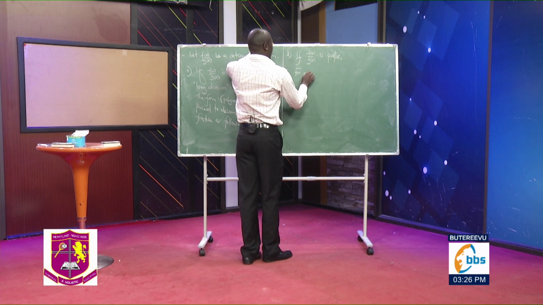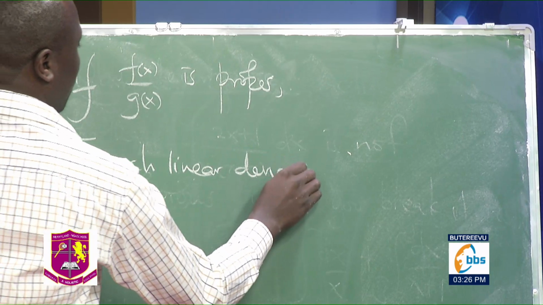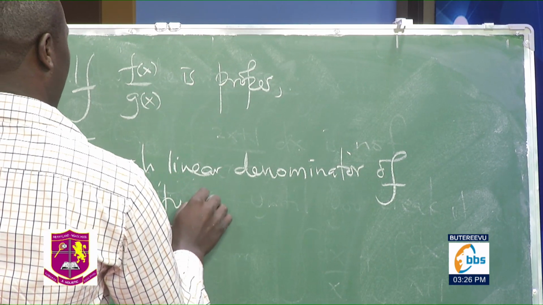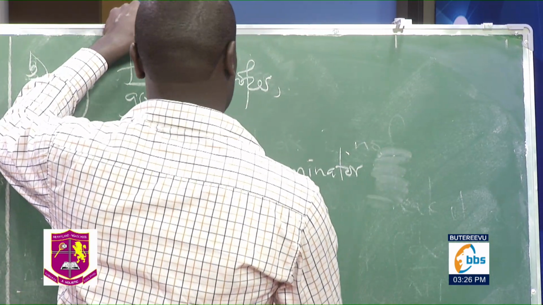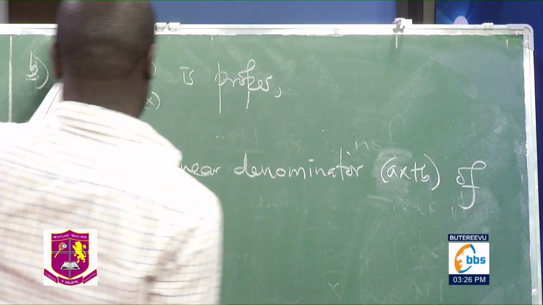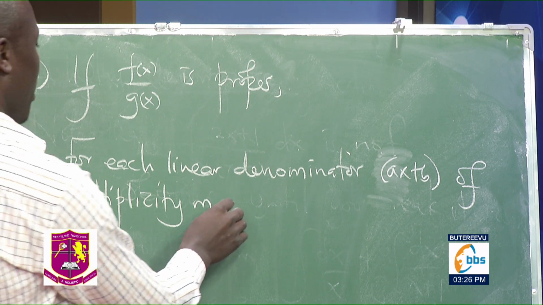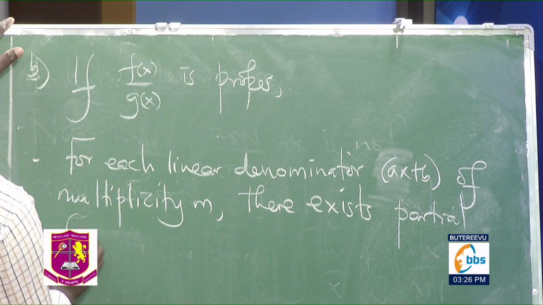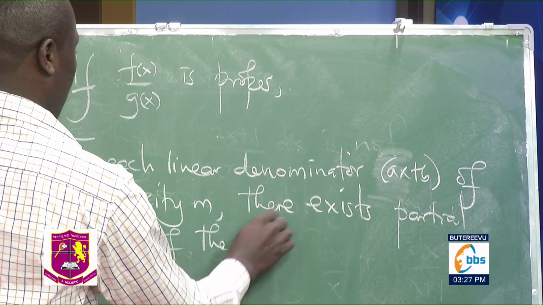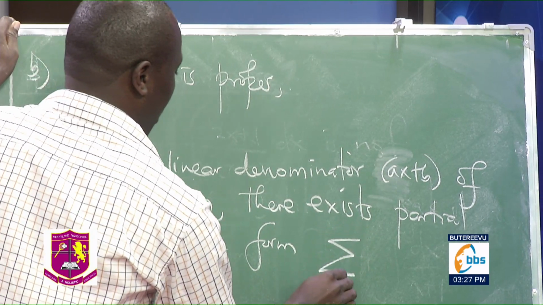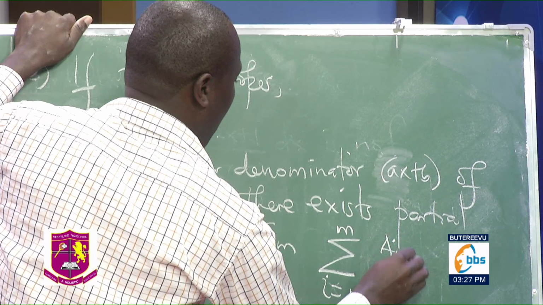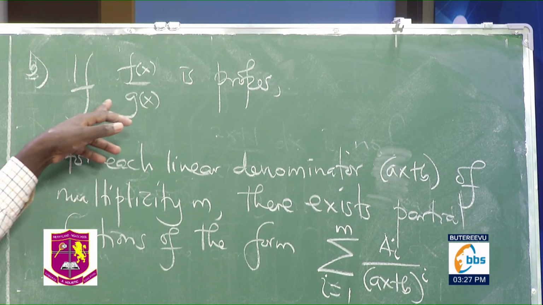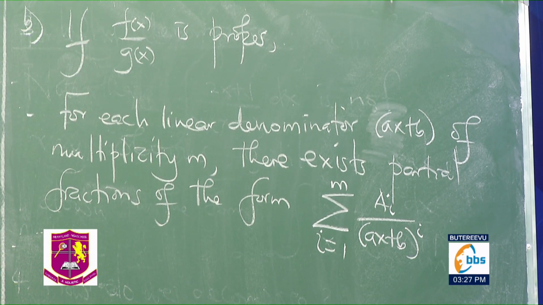For each linear denominator, ax plus b of multiplicity m, we have already defined all this terminology, there exist partial fractions of the form... in other words, when you go to g of x and you look at the type of denominator, and you find that there is a linear denominator and it has